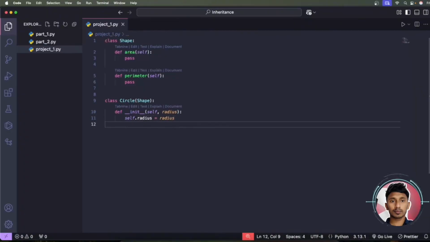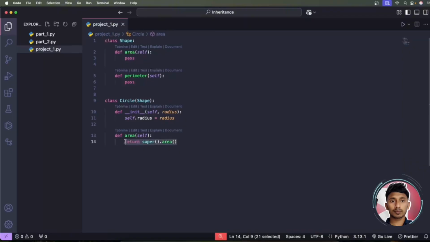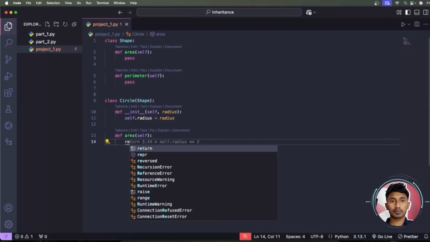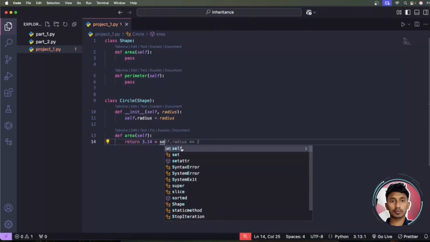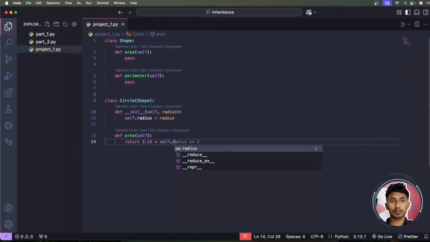And next thing is that we'll have another method, that is def area. Okay, and we'll extend the area method by following this way. We'll simply return a calculation. We will have 3.14, that is the value of pi, and we'll multiply it using self dot radius, and we will just use the exponent operator, that is to the power 2. Okay,